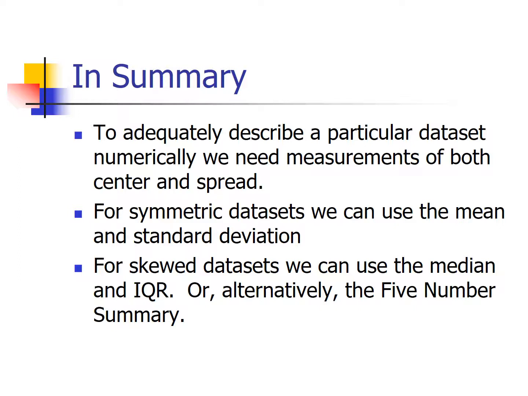Now, if we're working with a symmetric data set, then jackpot, we're good. In fact, we're better than good. We're golden. In this case, we could use sort of our best measurement of average. That's the mean. And we pair with that mean the standard deviation, right? Those are the two measurements that go together.